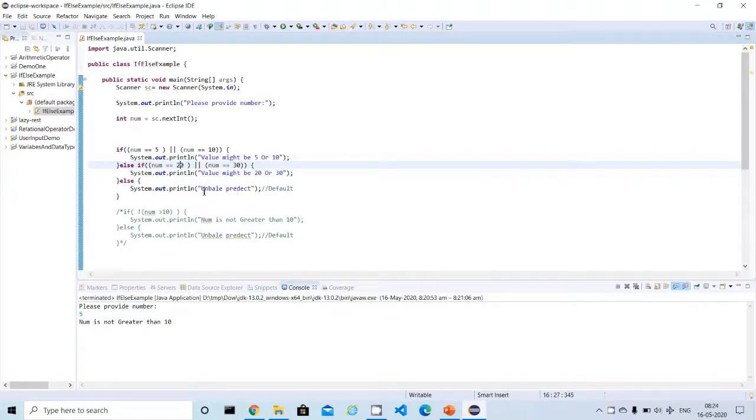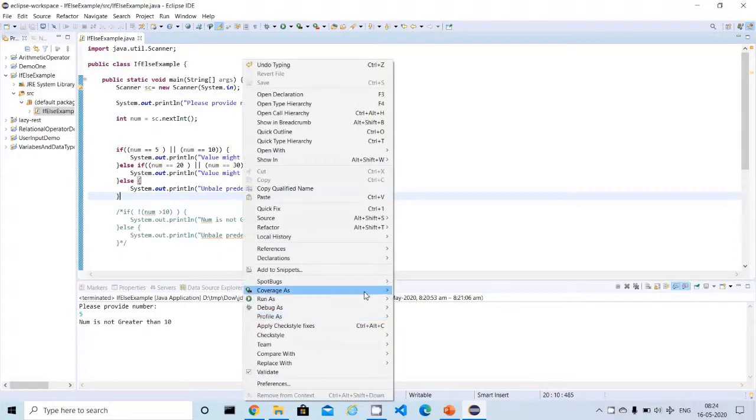So this is the last default condition. This is the way you can use the OR condition, and the condition must be true on either the left side or the right side or both sides. In that case, the if statement will produce true and the condition will be executed or displayed.